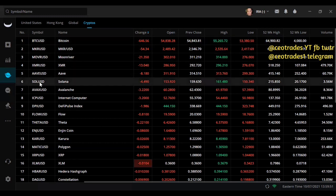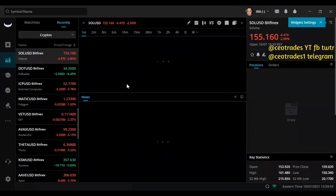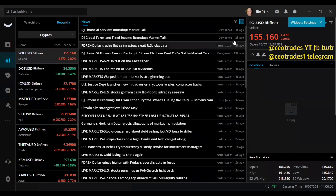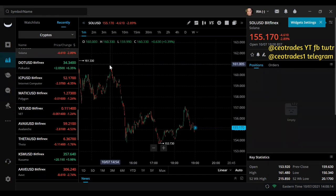You can see also at the bottom here is Solana. Solana is at a $4 reversal price. I don't know why, but that's going to fluctuate. Not a lot, but it will fluctuate. Let's see if we can see a little bit of the chart here. And if I can zoom in on this chart, whoops, it zoomed in on the wrong thing. Here we go. So this chart here will show us that it was at 160 back on October 7th, that's today,